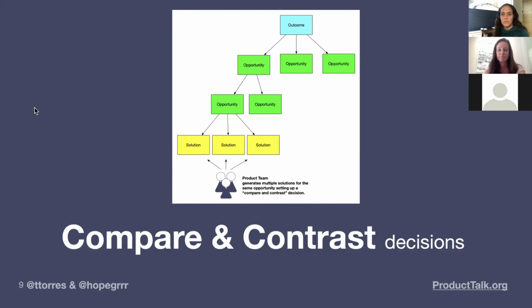It's not explicit for a lot of teams. Yeah, I think that's a really critical point here, which is your outcome is helping you determine what's the best opportunity to go after. It's the one that's going to have the biggest impact on your outcome. So can we agree on what the outcome is and then agree on how we might assess those opportunities so that it's easier to come to a decision? And then same with when you're exploring solutions, have you chosen a target opportunity and your evaluation criteria is how well do those solutions address that target opportunity? And of course, we can answer that question with prototyping and experimenting.